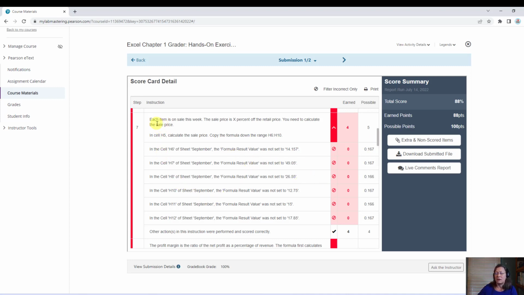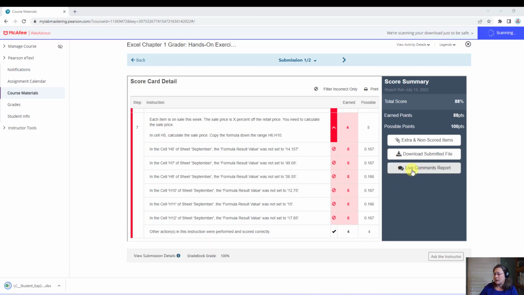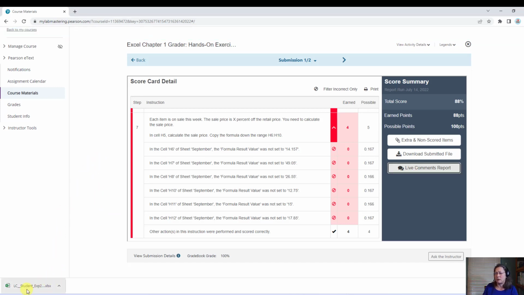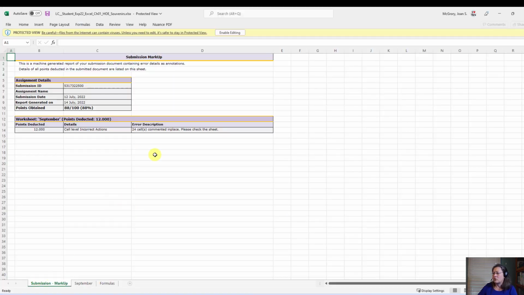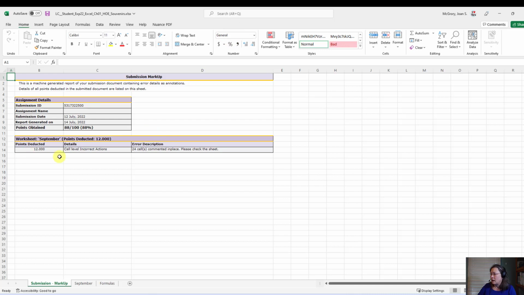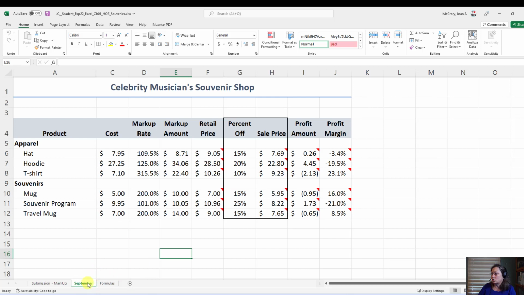Okay, so know that. Go back through, address these problems one at a time. Sometimes you might have to start over, which is what I had to do. Also, don't forget, if you find it easier, you've got this live comments report. And you see when I clicked that, it downloaded the file. Depending on which browser you used, you might have to just go to your downloads folder and open that. I'm in Chrome right now, and so it put it right there. And I'll show you, because it's a little different here in Excel than it was in Word, but they're trying to give you this report where they're saying, this is what happens, and they're briefly telling me. Then when I click on the actual